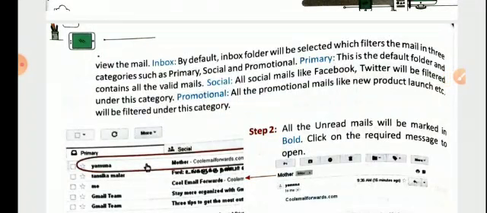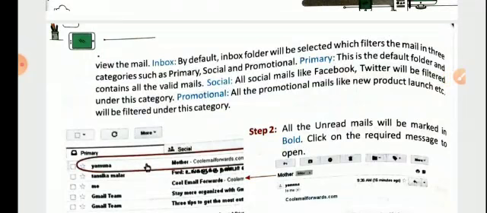To check your mail, once you have created your account, anytime, anywhere you can log into your email account. For that you have to open the service window or the home page where you created your account. For example, if you created your account in Gmail, you have to open Gmail and type in your username and then the password which you set at the time of creating your account. Once you have given your credentials correctly, you can view your mail.